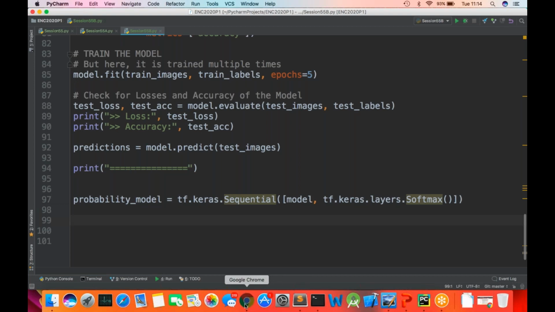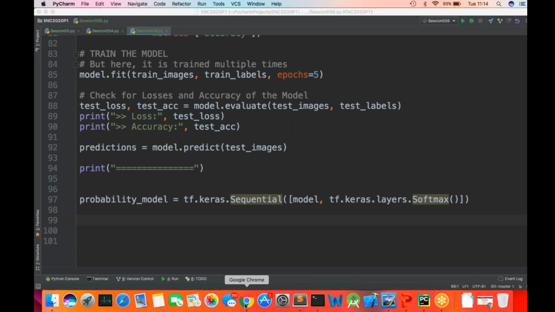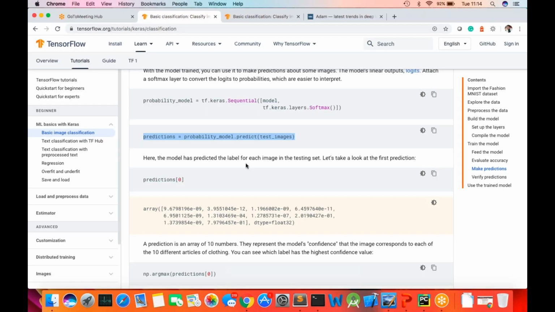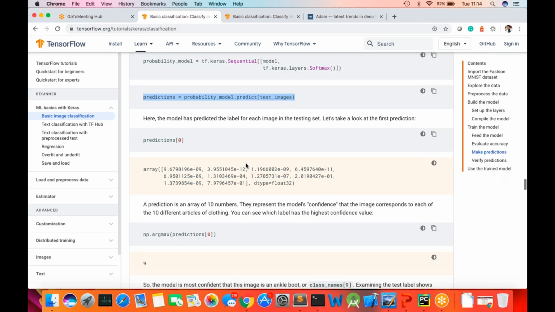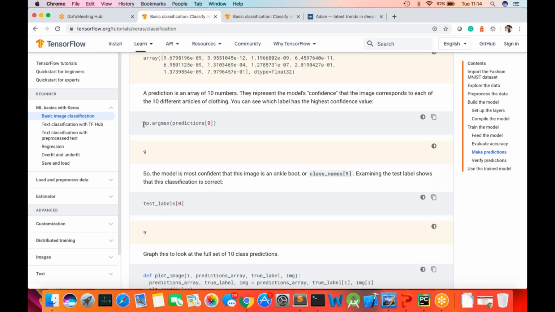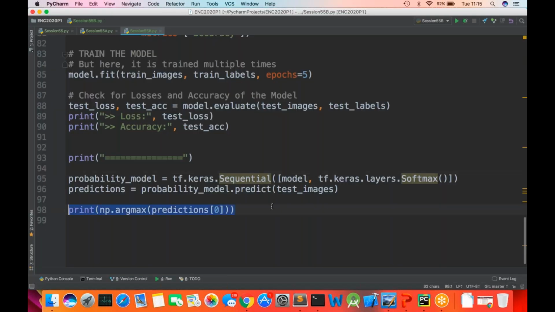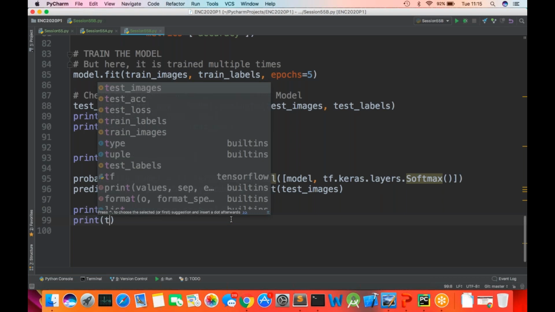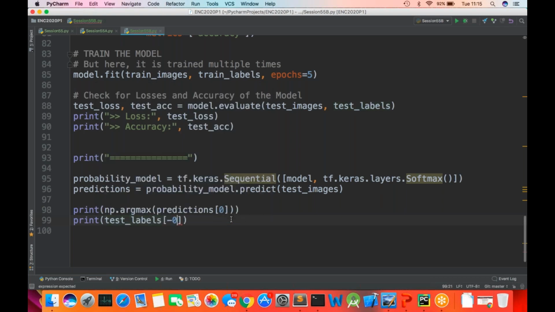And thereafter, they made a prediction. We didn't do the predictions beforehand. So they are doing predictions with some different approach. Let's see if it's going to work for us or not. So print predictions of 0 and print the test labels of 0. And if you want, you can even say